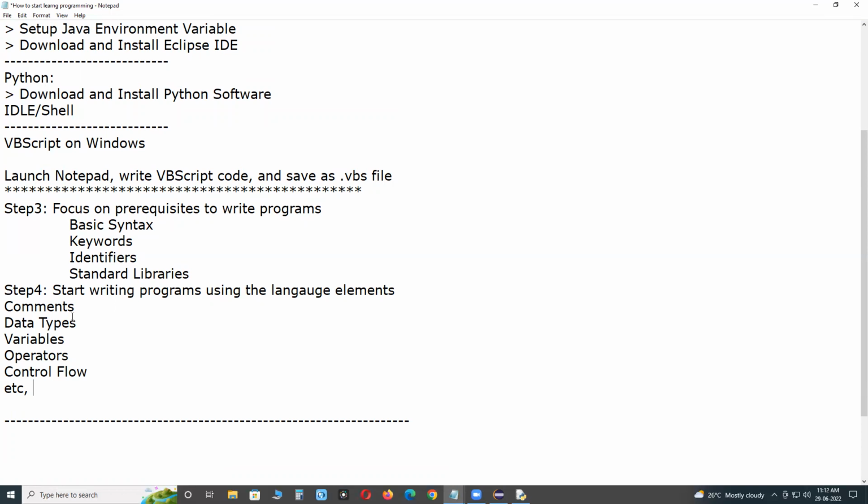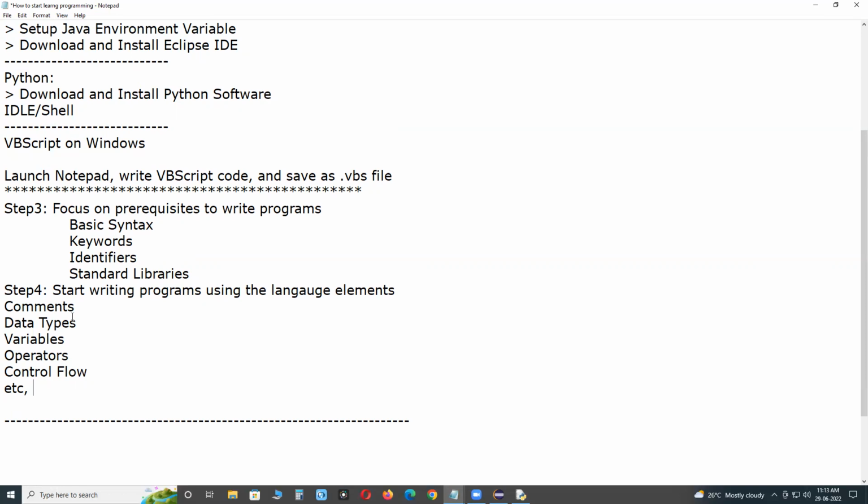Comments are text notes added to the program to provide explanatory information about the source code. A statement in programming means any line of code that instructs the compiler to perform a specific task. A data type is a classification of data: integer, float, double, string, etc. Variables are names you give to computer memory locations to store data.